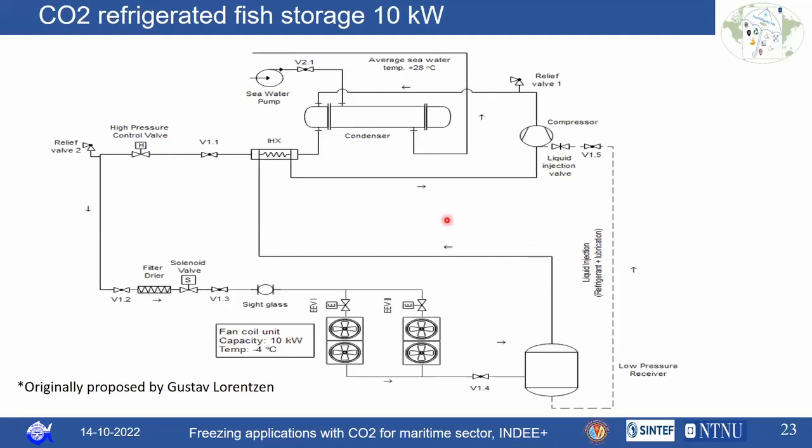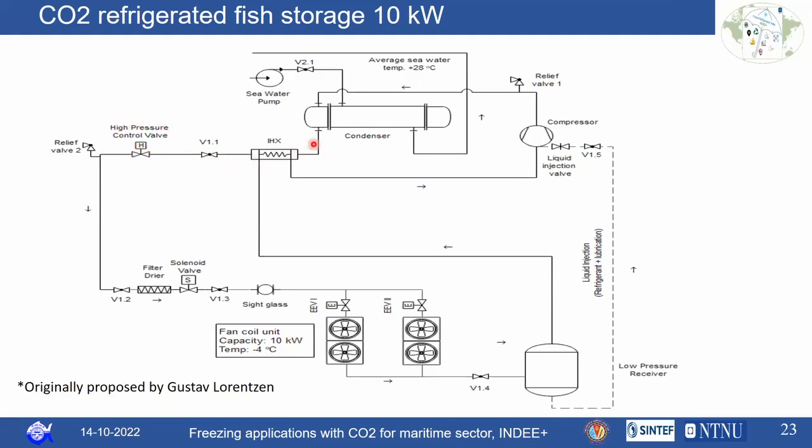In this system, which is called a low pressure receiver system, as the fishing vessel space is constrained and the cooling capacity is very low, we are not going for an ejector model. Apart from that, the condenser is a water-cooled condenser operating at a seawater temperature of 28 to 30 degrees Celsius, so it will be in the critical point zone. So we have proposed a low-pressure receiver system without any intermediate receiver and with a high-pressure expansion valve,